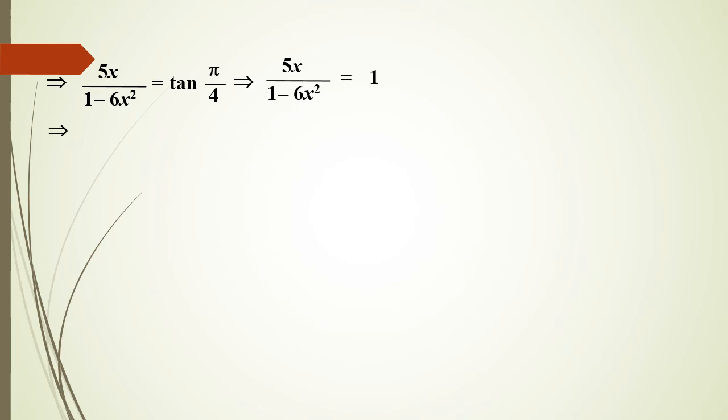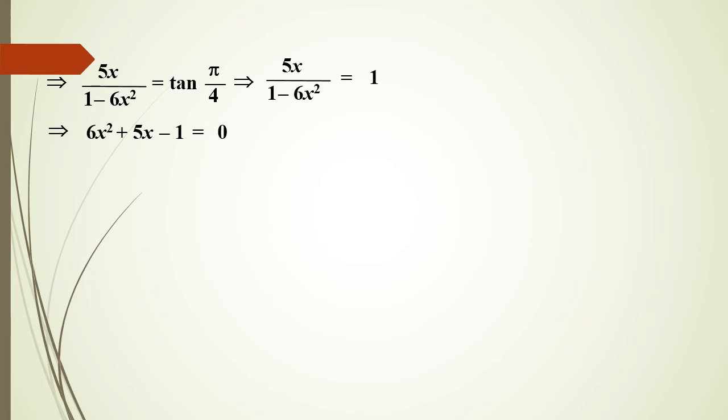Then 1 minus 6x square you cross multiply with 1. Therefore, it will be 5x is equal to 1 minus 6x square. So this full term can be written as 6x square plus 5x minus 1 equal to 0. This is the quadratic equation. So after cross multiplying 1 minus 6x square with 1, the term will be 5x equal to 1 minus 6x square. All the terms you take to the left hand side, so that plus 6x square, then minus 1 plus 5x equal to 0, it will be remaining like this. Then after taking all the terms to the left hand side, here one quadratic equation will be forming.